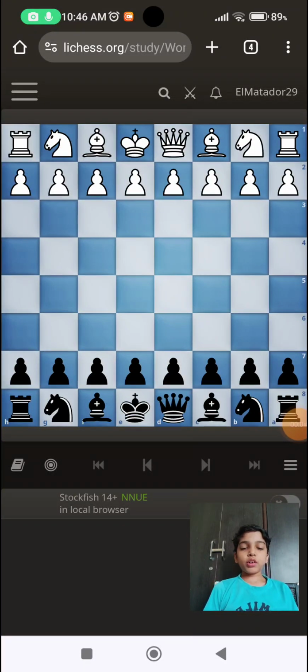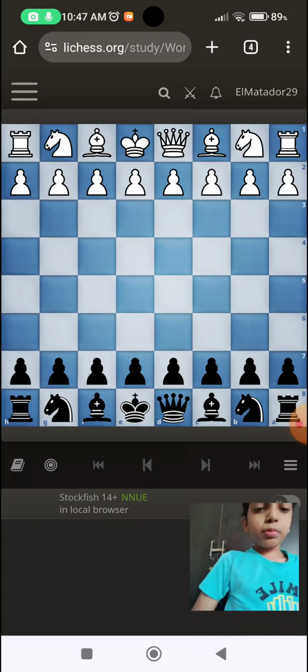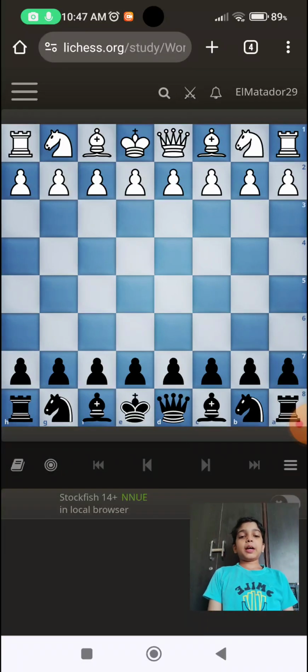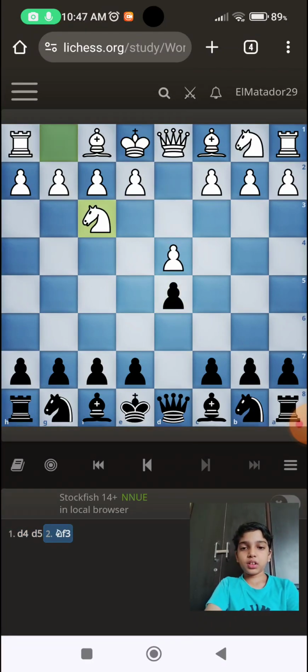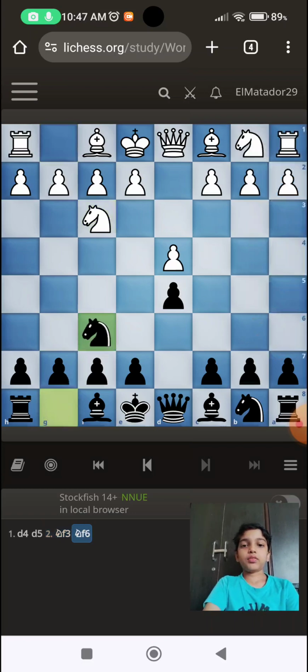Hey friends, today we are going to see one game of schematic planning: José Raúl Capablanca, the former world champion. Janowski is white, Capablanca is black. Let's start the game. The game started d4, d5, knight f3, knight f6,